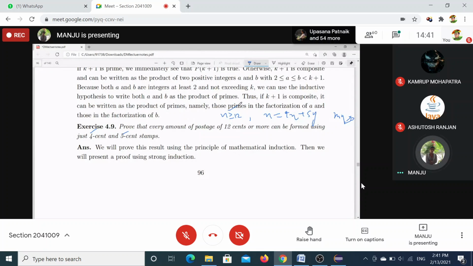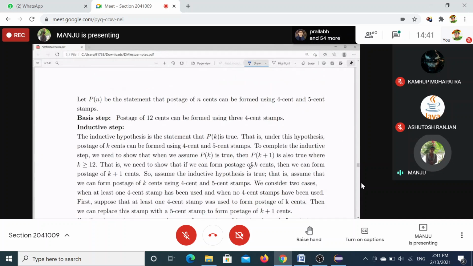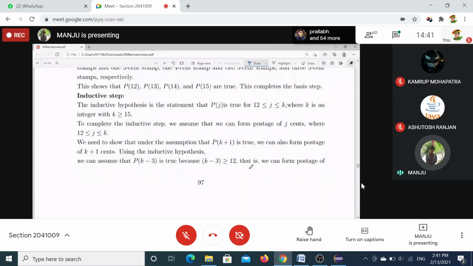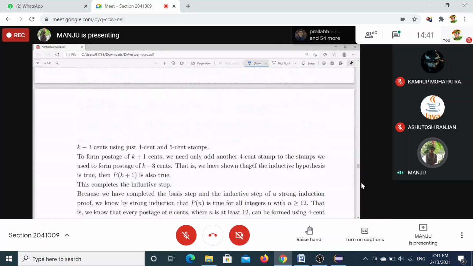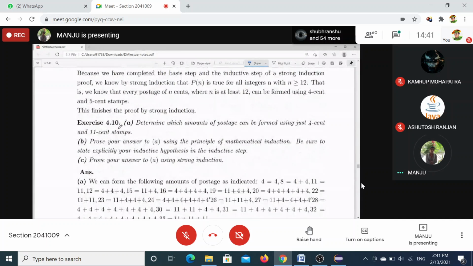For P12, you verify it, then you assume 12 up to K. Then prove for K plus 1 by using strong induction. And by using ordinary induction only, you can just assume Pk. Okay. Then this one,